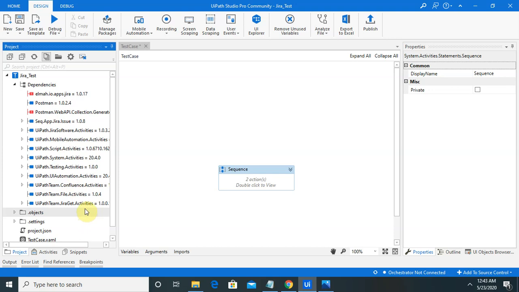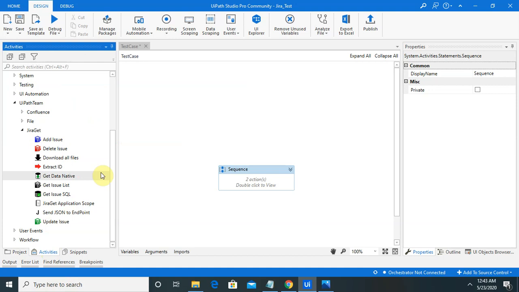Inside that you will get the Jira Git activities required for the authentication method, which I will explain how to configure in the next session. So after watching you can continue with the next session on how to configure Jira authentication in UiPath. The next dependency we need is UiPath.Jira.Software.Activities. These two dependencies are required for automating Jira in UiPath.